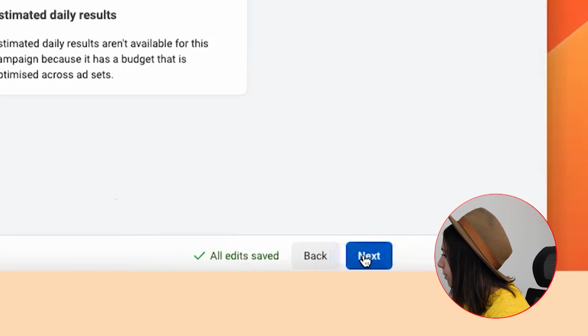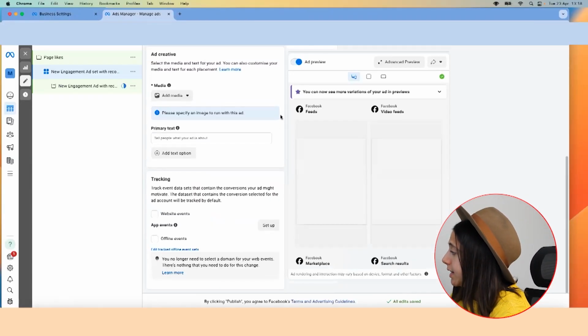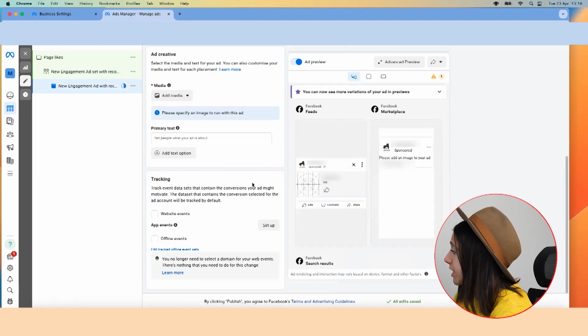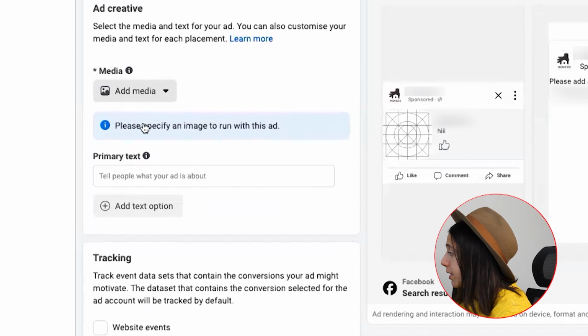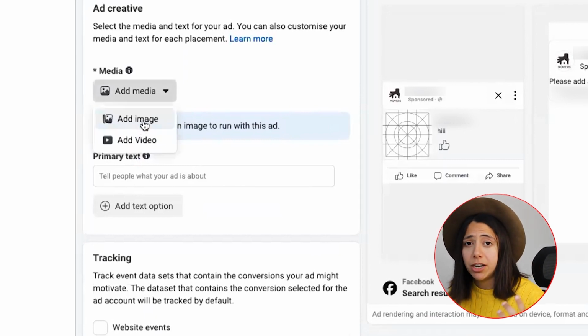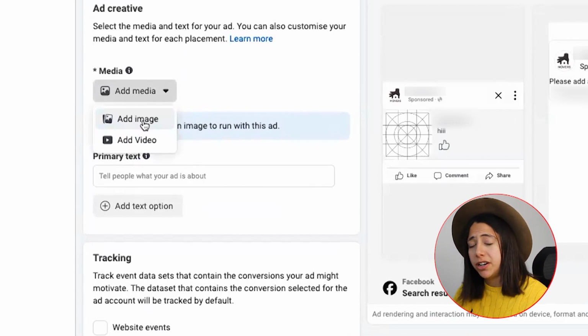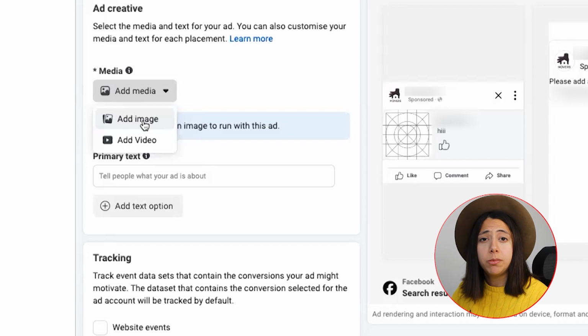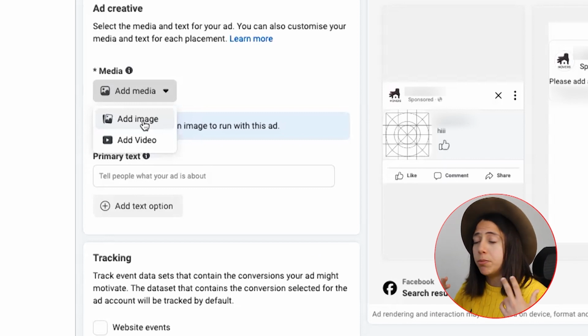So we're going to go ahead and press next, and this is the ad level. This is where the magic happens and where we put what people will see. So we're going to go ahead, press add media. You can do two things over here. You can add an attractive image of your website. It can be a bit general. It doesn't have to be a product. I would even suggest it not to be a product, like something maybe like a logo or something more general